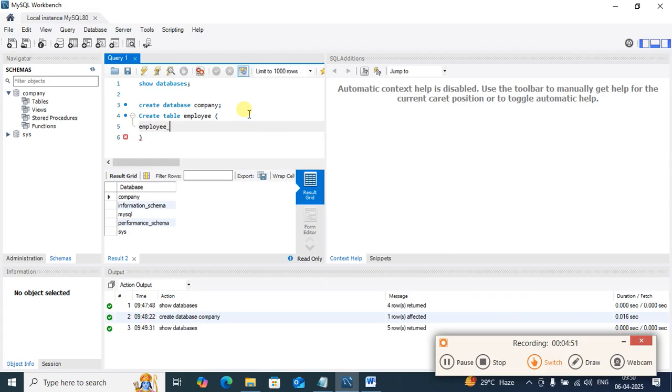Employee ID: any ID will always be in integer format. Employee